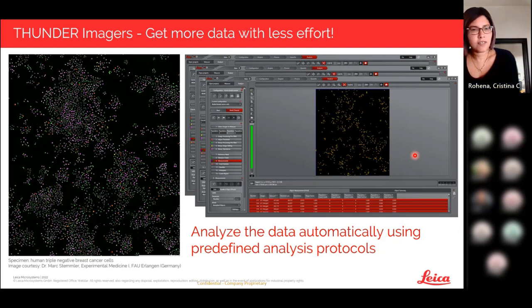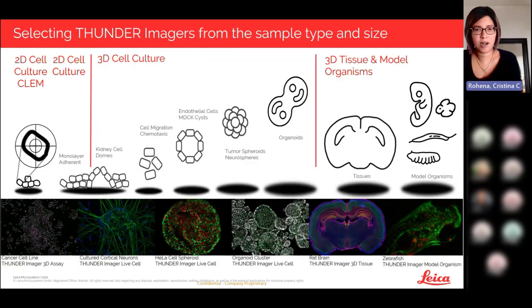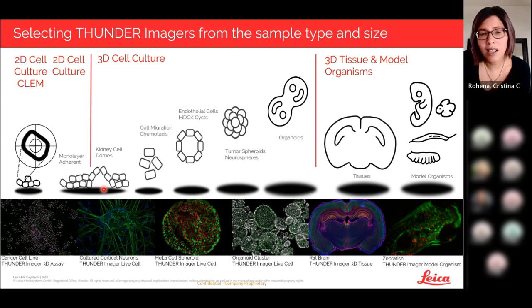So I've talked to you a little bit about the Thunder technology. Now we'll talk a little bit more about the entire Thunder family. What's really nice about our portfolio is that we allow the customer to suit their application to the type of system that we offer, or really pair up the type of system that we offer to their true application. So here you can see a lot of traditional applications that are used in research, anything from monolayer adherent cells, like cancer cell lines,